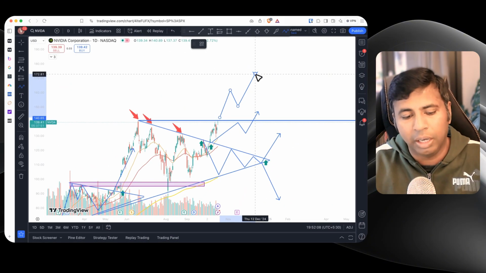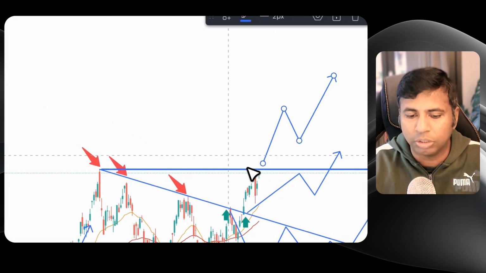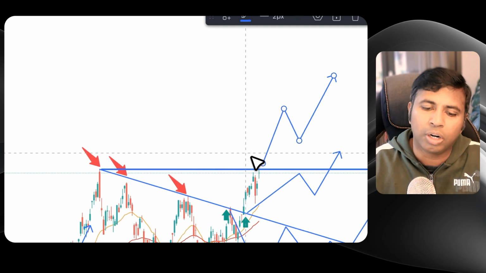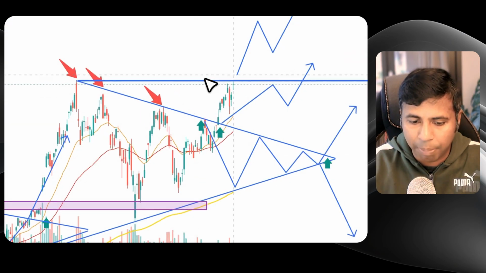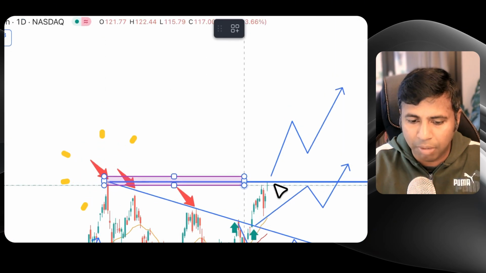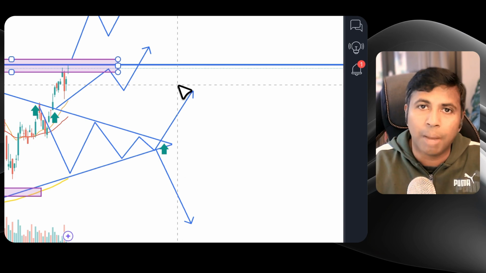Or we can see some selling pressure coming in from the short sellers, or sellers who will try to book some profit or try to initiate fresh short positions. So there will be a lot of price discovery happening at this point because it's the previous all-time high. So we can expect some kind of price action to happen here.